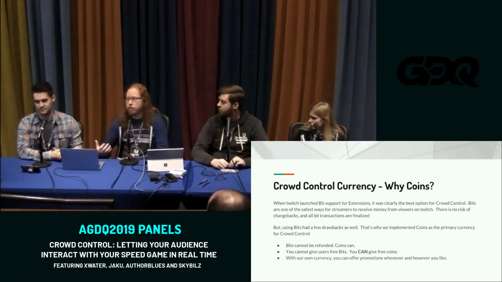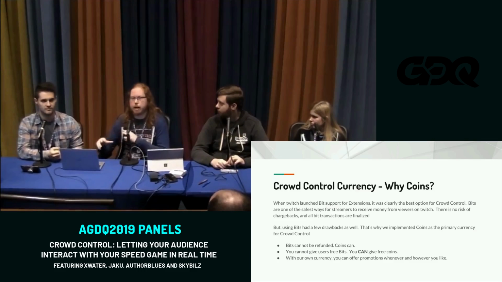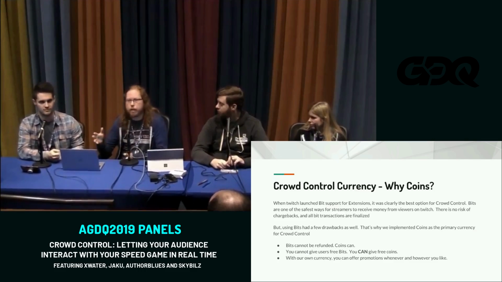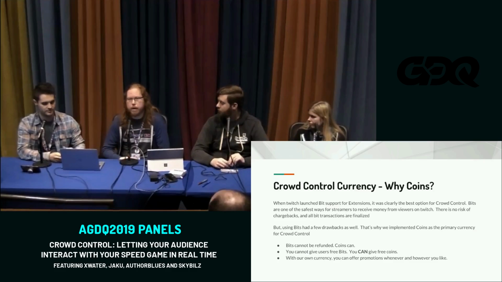And then with our own currency, we can offer promotions. Basically, we allow the streamer to set up promotions and things as well. They could have sales on their effects halfway through the game if they wanted. With bits, the APIs and just the access that Twitch gives, we wouldn't be able to have that much control. So this gives the streamers and the viewers a lot more than what Twitch would have offered. By using coins, it gives a lot more control to both parties on how exactly it works and being able to do more cool things to make the software even better.